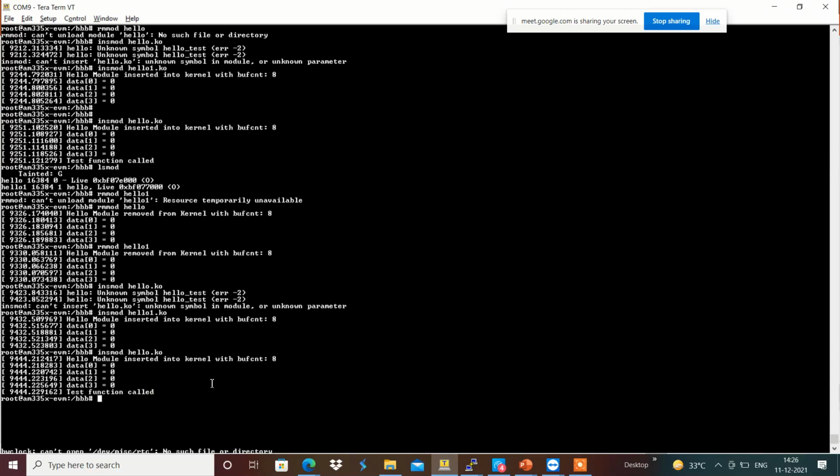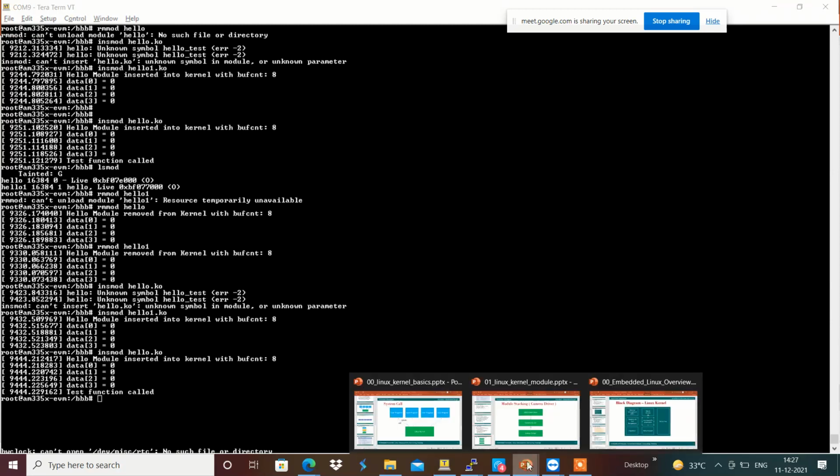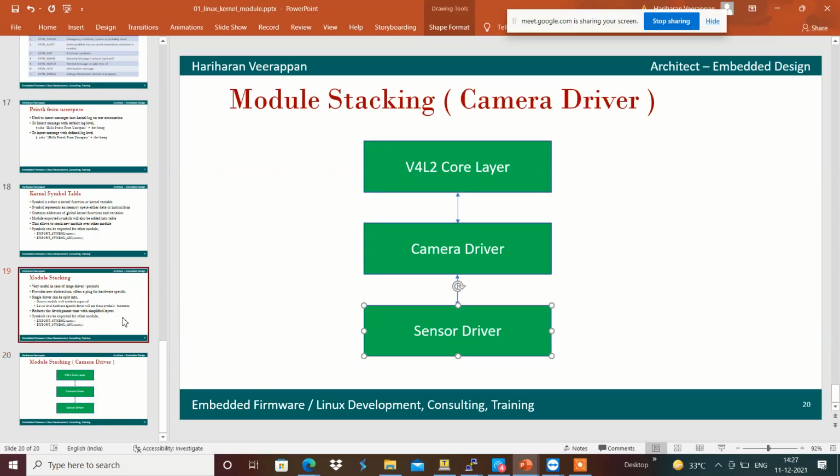This basically provides the module stacking feature of the Linux kernel, which we can do with export symbol in real time.